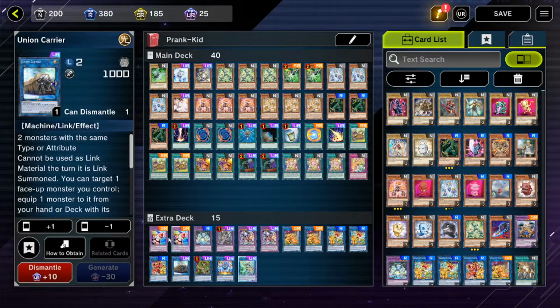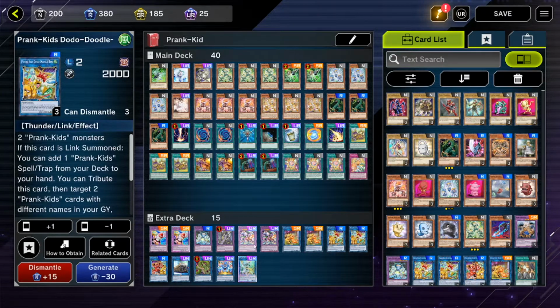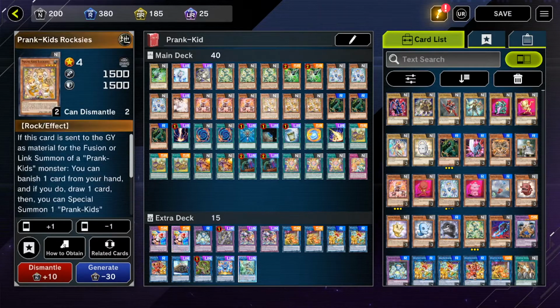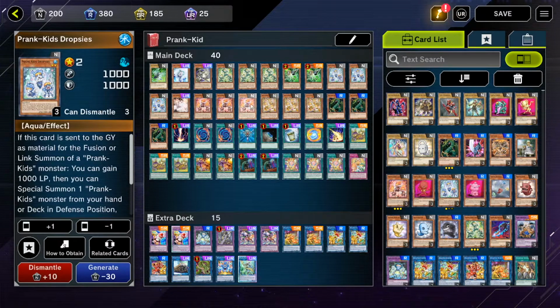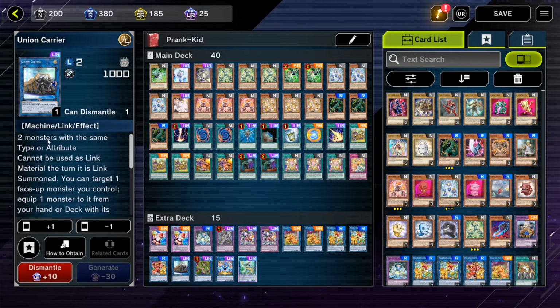Basically, what you do is you summon Union Carrier, which requires 2 monsters with the same type or attribute. So I mentioned there's 3 different monsters that are Thunder type. Those would work. You could use Meow Wow and Roxy's. Yeah, a lot of the Prank Kids share one of these 4 elements, types and attributes. So any 2 of those, they can be the same monster, so 2 copies of the same monster. However you want to do it. Basically, once you have 2 monsters with the same type or attribute, you can summon Union Carrier, which equips...